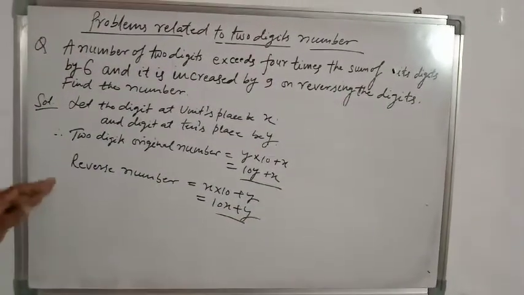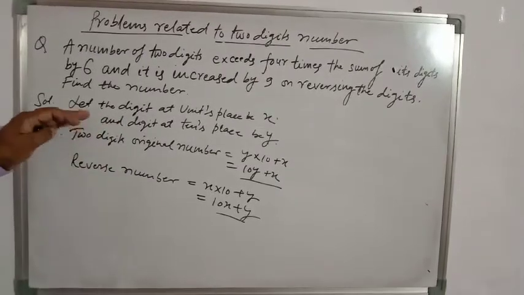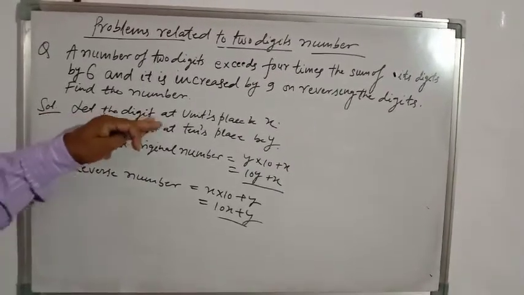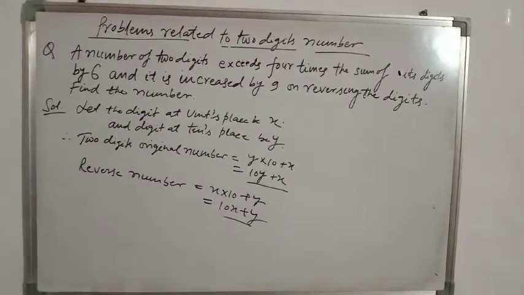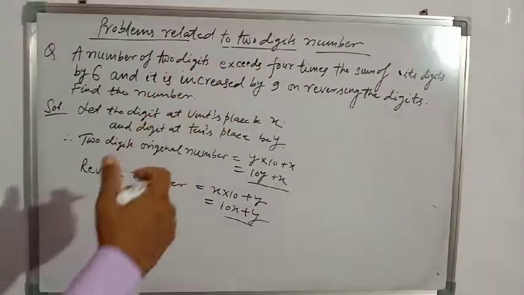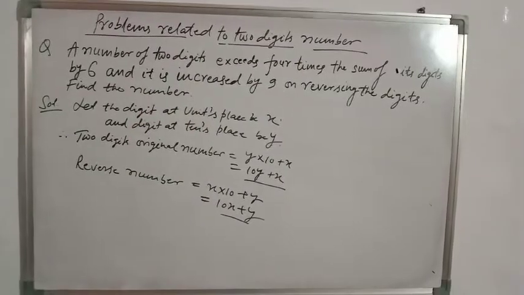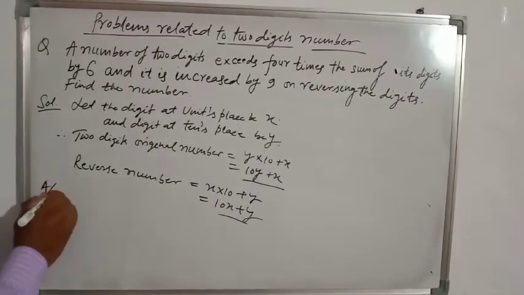So in every problem related to a two-digit number, firstly we have to suppose, let the digit at unit place and the digit at tens place be something. Now, according to the statement, we have to make a linear equation in two variables. So see, according to the question,